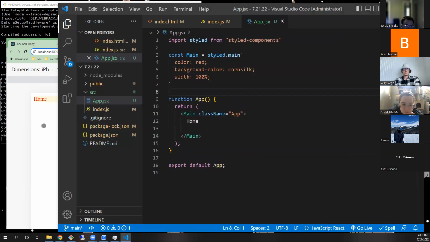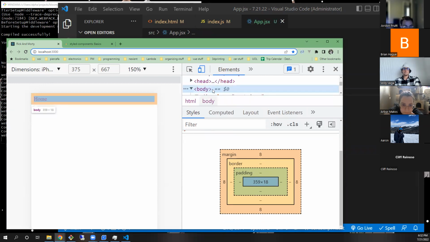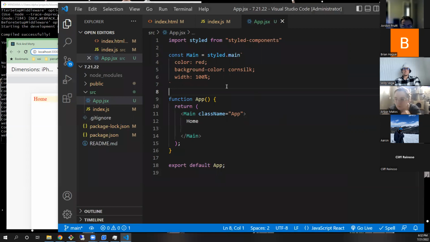As for our body, I can't do anything with the body right now, but I think the body has a margin on it. This is where you'd probably want some sort of a reset that gets rid of this, and that might be in a CSS file. But so